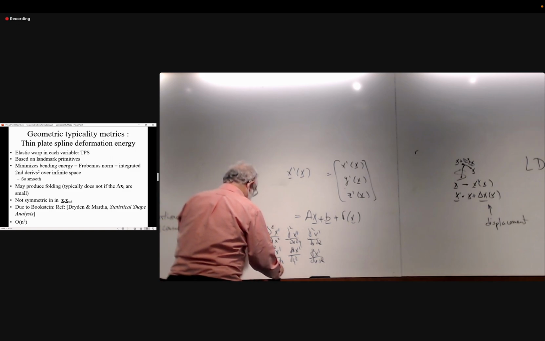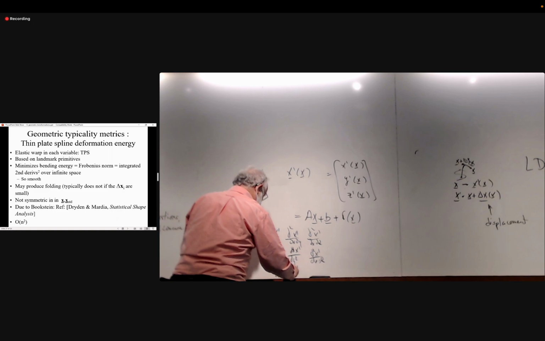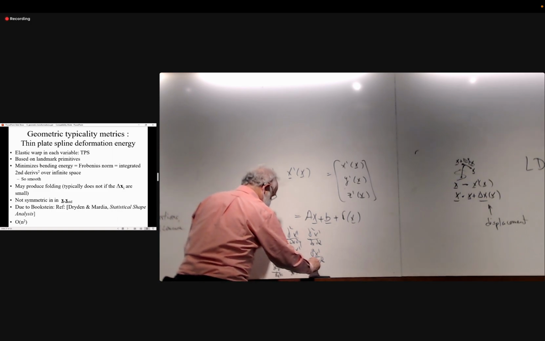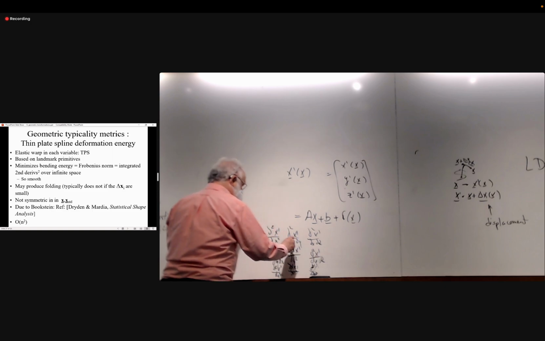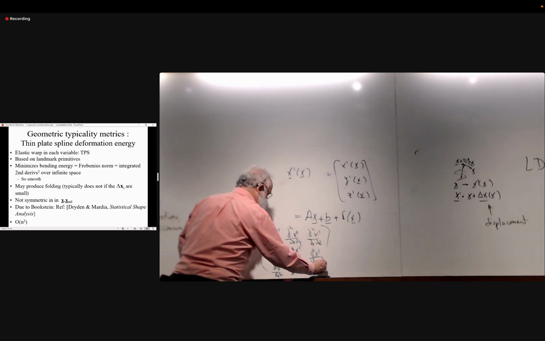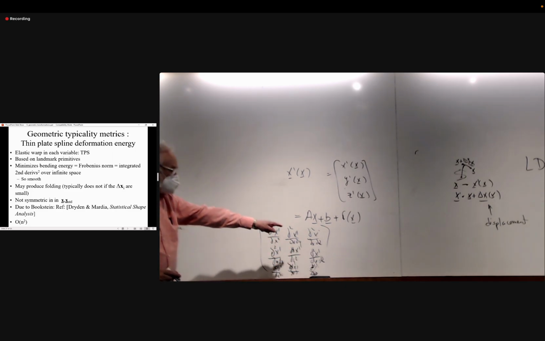It's d2 x prime by dz by dx, d2 x prime by dz by dy, and d2 x prime by dz squared. Now, of course, there's symmetry in these guys. So this guy is that guy, and this guy is that guy, and so on. But you can think of it as being